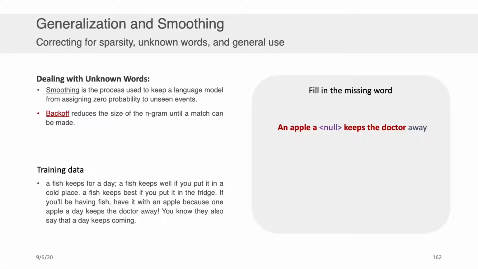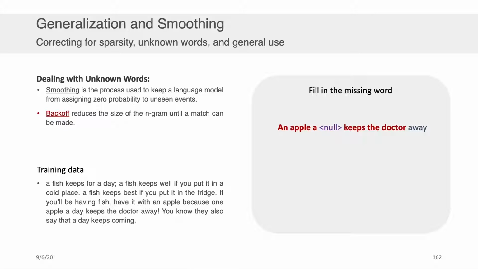So remember, we had "an apple a blank keeps the doctor away." And we started off early in the last module saying, hey, let's run through the training data and find everywhere where there's the word "a" and then some other given word followed by the word "keeps." And we found that there were several matches. There was 5. And then we said, hey, let's go and look for where "apple a" occurs, followed by a given word, followed by "keeps the." And you may recall there was 1 match within the training data. And then when we finally brought it all the way out to "an apple a," followed by a given word, followed by "keeps the doctor," that's when there was no match in the training data.